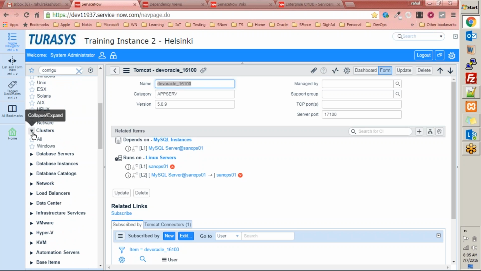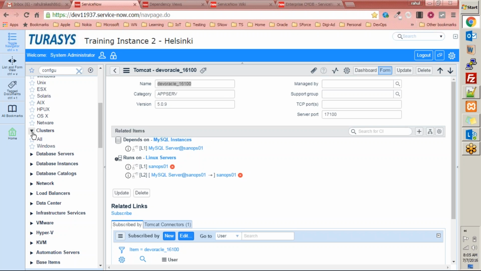Now, you have relationships about clusters. Clusters means a group of things, right? So you have a group of Windows servers, or you have a group of Linux servers within your cluster. You may identify your cluster. And why is a cluster important, right? Let's say one of your nodes goes down, right? So if you have a cluster created,